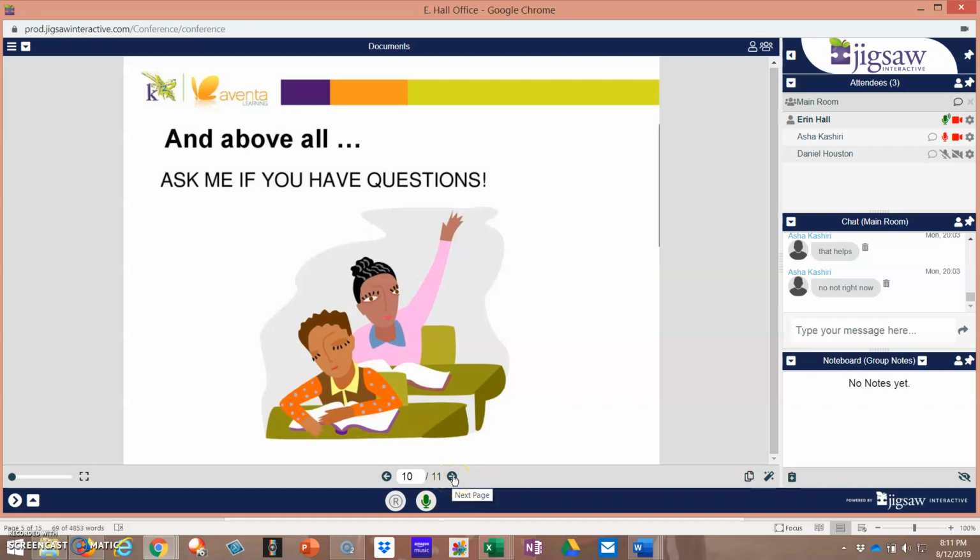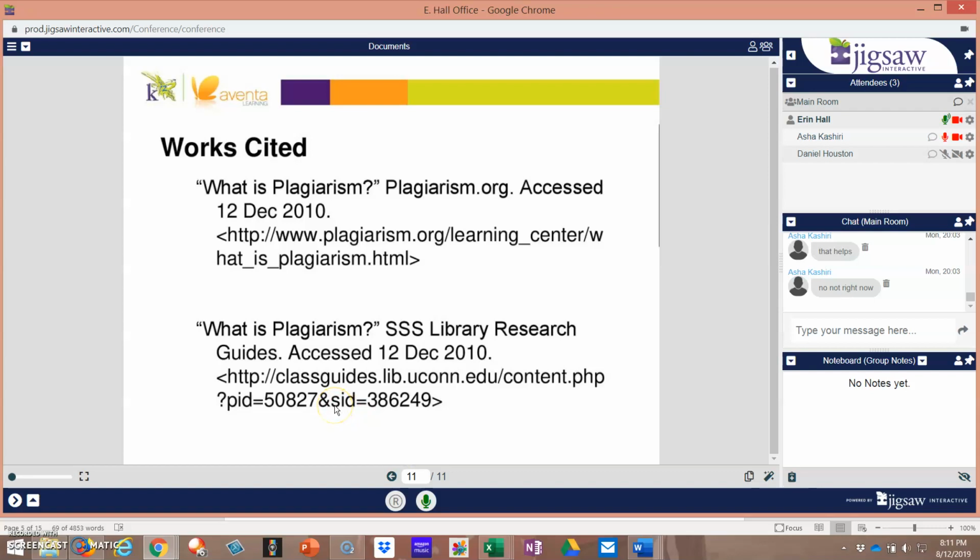And so I just wanted to go over that a bit so we kind of clarified some of the plagiarism so we don't run into issues further in the semester. This is an example of a works cited page. One thing you would want to know is that when you're creating yours, both MLA and APA require that there's double space throughout your citation. So you want to make sure that you do that as well.